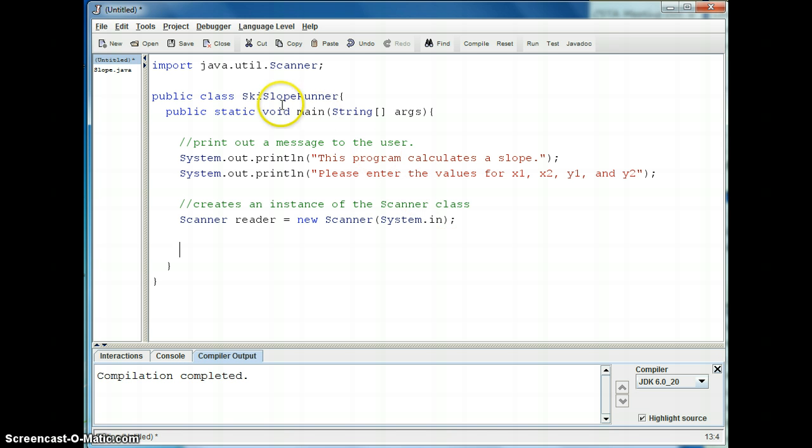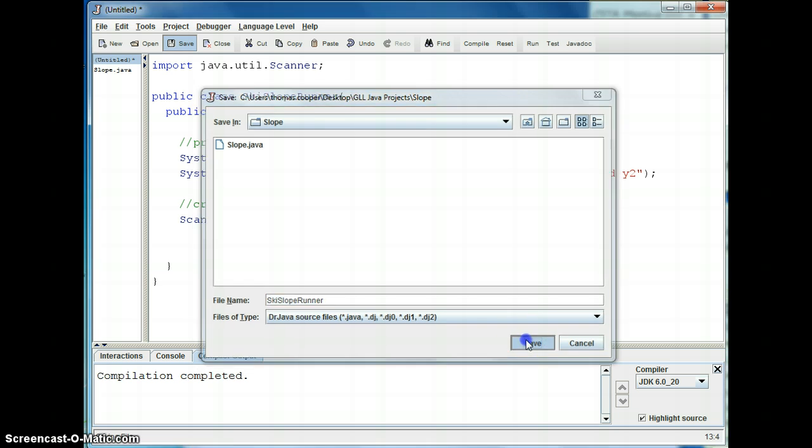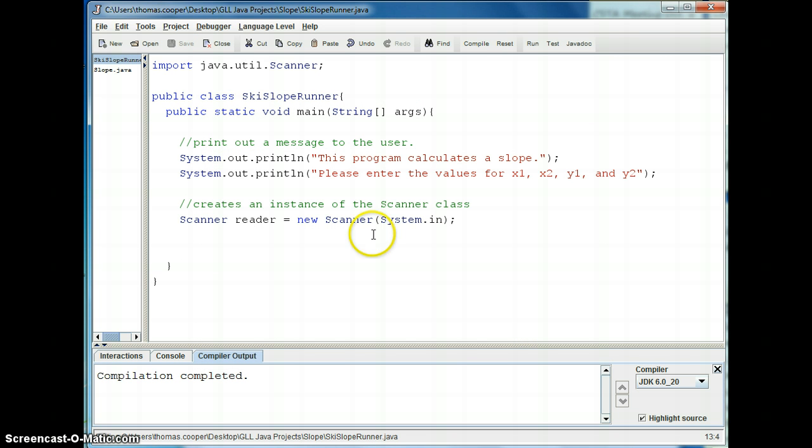and I'm going to go ahead and save my file, and then you should put it in the same folder as your slope class. And then we'll need to scan in each of the variables. So we'll say it's data from the user, and we'll say